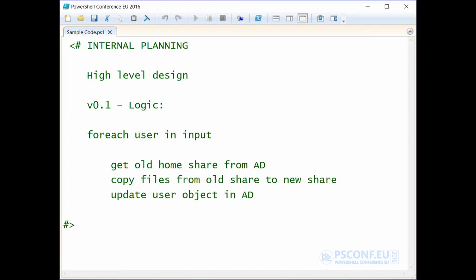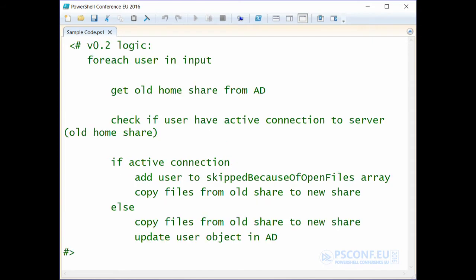When you do this kind of pseudocode and design decisions, at least for me, I like to just start at the top, start really general, and just slowly go more and more into the details. And that's what we did. So for the next iteration of the logic, we just started fleshing out what the script was going to do. So you see that we have some additional stuff in there.